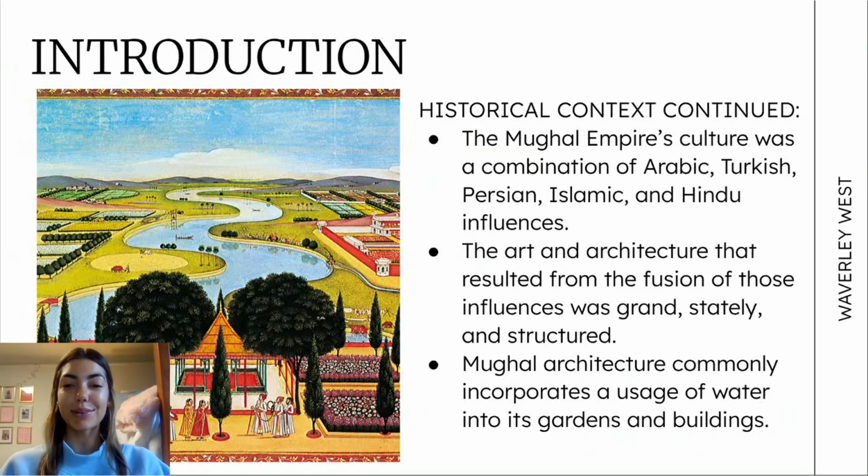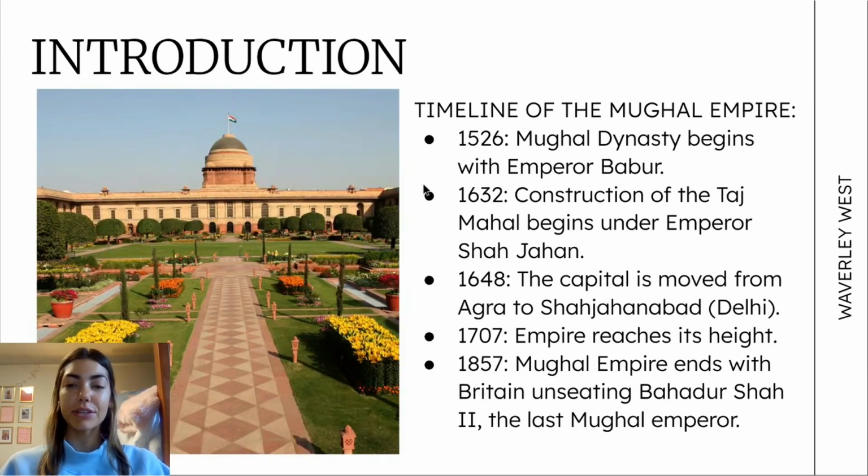The Mughal Empire's culture was a combination of Arabic, Turkish, Persian, Islamic, and Hindu influences. The art and architecture that resulted from the fusion of those influences was grand, stately, and structured. As we were talking about landscape architecture for this class, Mughal landscape architecture commonly incorporates a usage of water into its gardens and buildings. So I'm going to finish with a timeline of the Mughal Empire just for some more